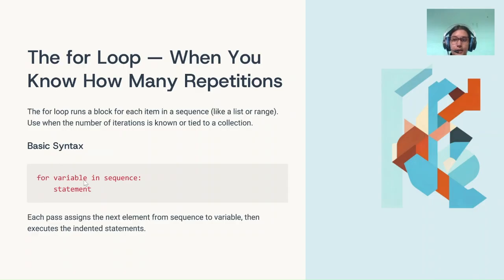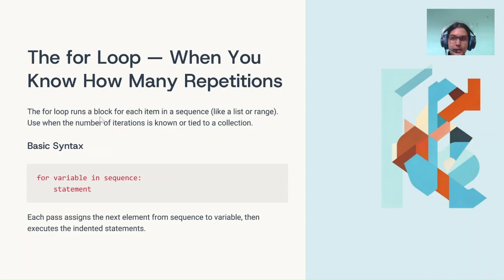For variable in sequence, colon, indentation, very important, statement. Unlike a while loop, we don't need to manually update the variable. Python automatically moves on to the next value in the sequence, right? So it's basically used for arrays and stuff like that. I'll teach you what arrays are in a bit. So yes,